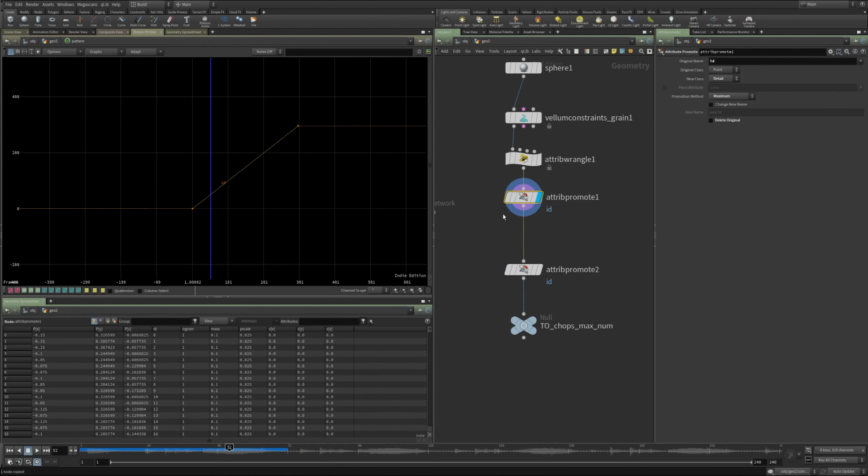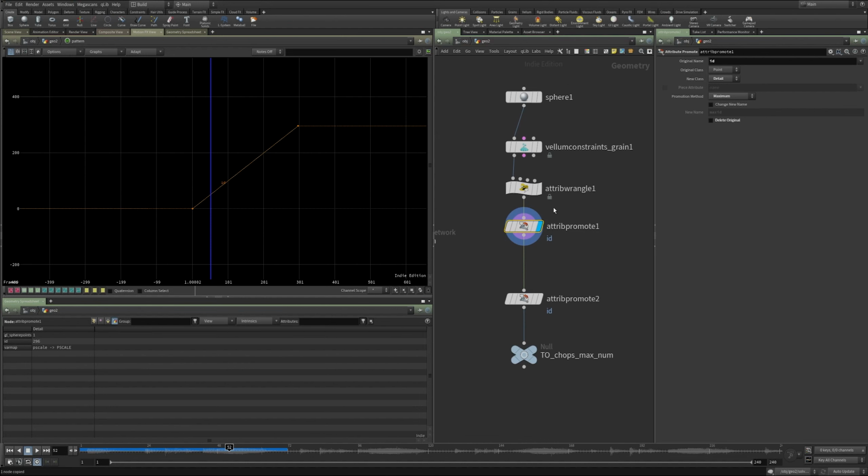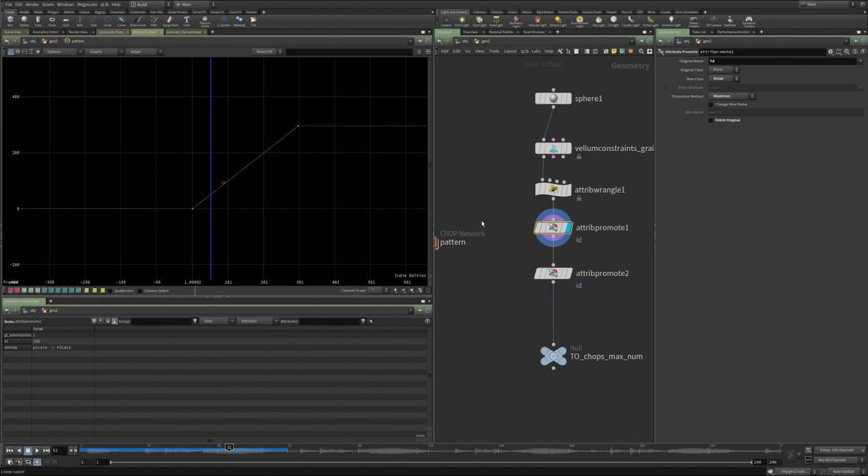I promoted that to a detail as a maximum, so no matter how many points are up here, this is always going to give me the value of the biggest one, the highest number. And because in CHOPs it wants to bring in attributes on a point level, I just promoted that ID from detail back to point and called it max ID.